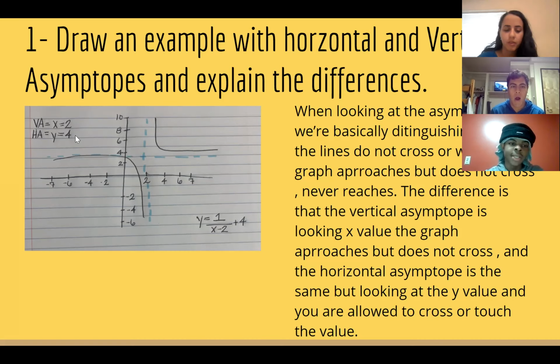For the horizontal asymptote, we can say that's 4 because both of these stop or don't reach 4 on the y-axis. So our vertical asymptote would be x equals 2 because we're looking at the x value, and our horizontal asymptote will be y equals 4 because we're looking at the y value. And the differences between the two,